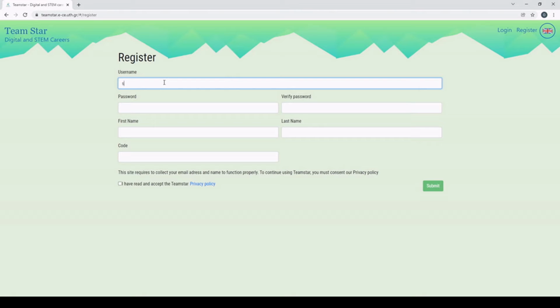In order to create an account, you will be prompted with a username, a password that you will need to confirm, and first name and last name. If you're a teacher, you also are going to be needing to insert a teacher code, which you've been given. If you're a teacher and don't have a code, please contact us to get one. Otherwise, if you're a student, don't worry about the codes. Afterwards, please click here to accept the privacy policies and submit.